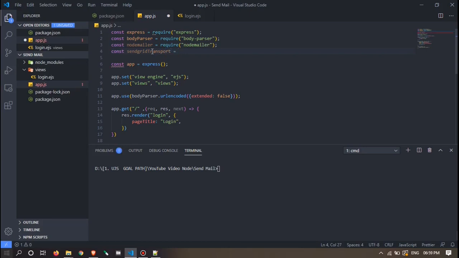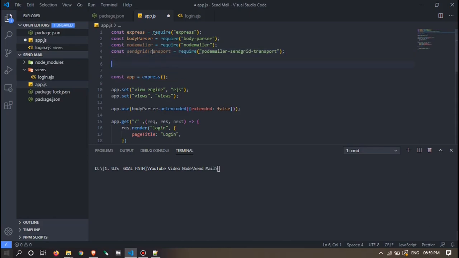You can give any name if you want. Require this. Perfect. So now we will create the transporter. Nodemailer will create the transport, and via SendGrid we will send the mails. Okay, no problem. So let's create it.